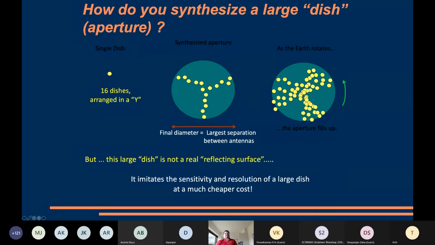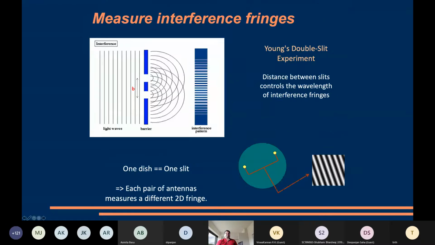For now, let's keep it simple and say, for example, if it is just snapshot imaging, it's as if you're breaking up this entire big dish of a large diameter into much smaller dishes of smaller diameters. And that actually sorts out the problem of making it more practical, as well as lower in cost and maintenance. I will come to this part about Earth rotation a little bit later. So how do you observe this? You're breaking up a bigger dish into much smaller ones, but that doesn't mean that you're actually doing it in the same plane.